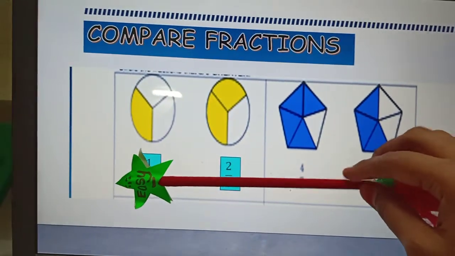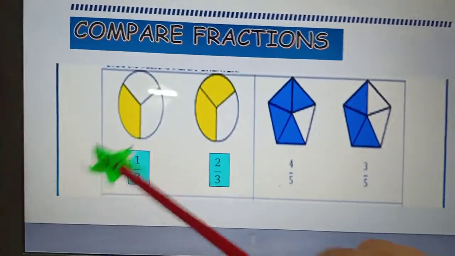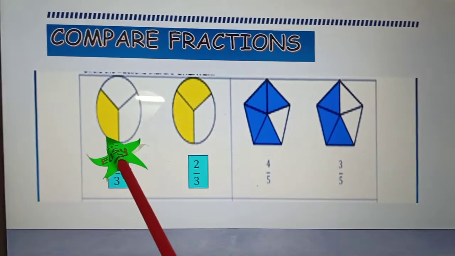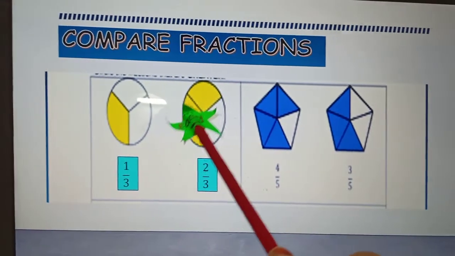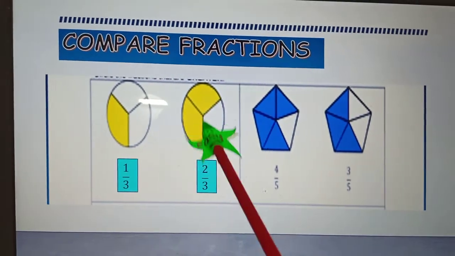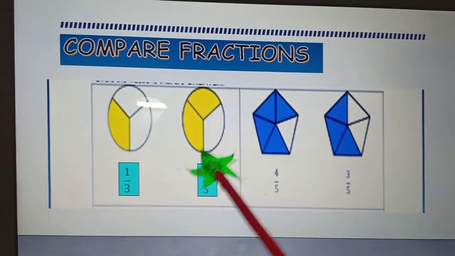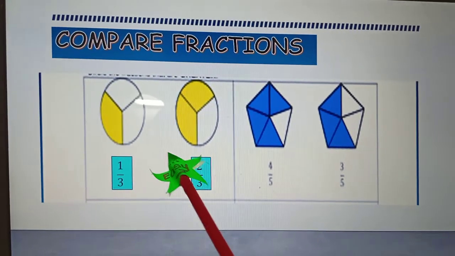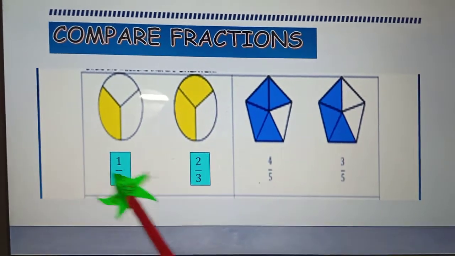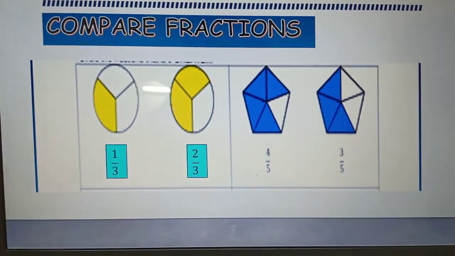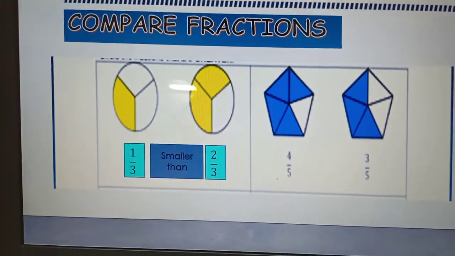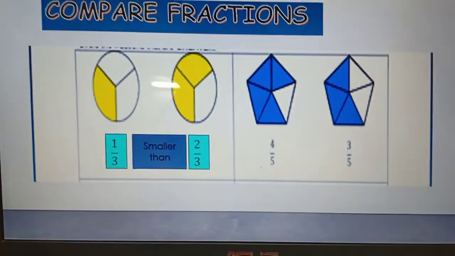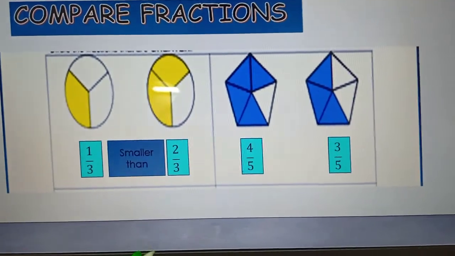Before we see the fraction, the number, we see the diagram. For this diagram, we only color one part. For this diagram, we already color two parts. Can you compare? Which one is larger? For sure this one, right? This one is smaller. So 1/3, is that larger or smaller than this one? Smaller. Smaller than 2/3. For this one, we have the same denominator. Okay, we see another example.